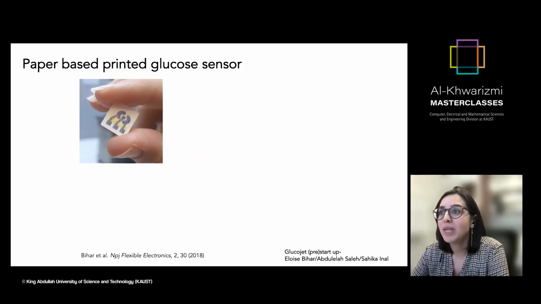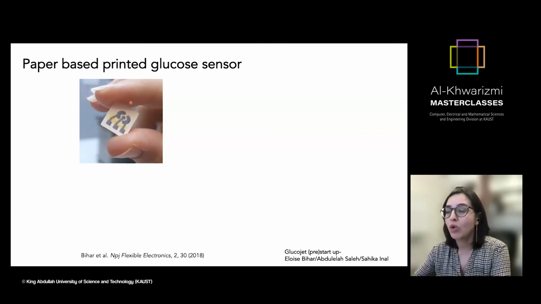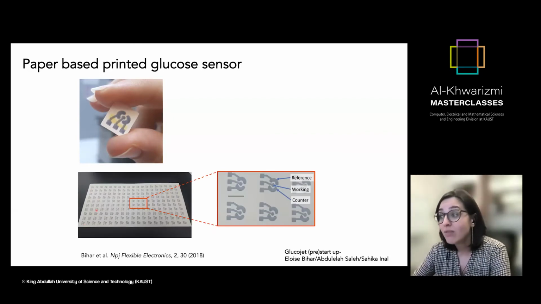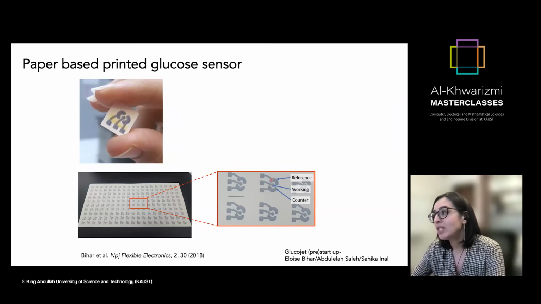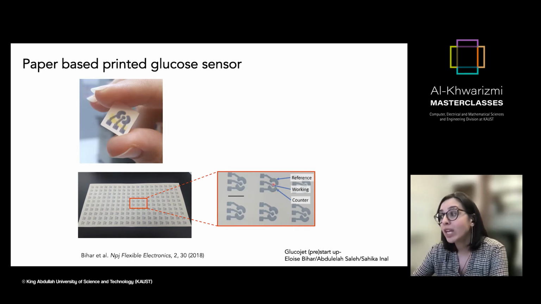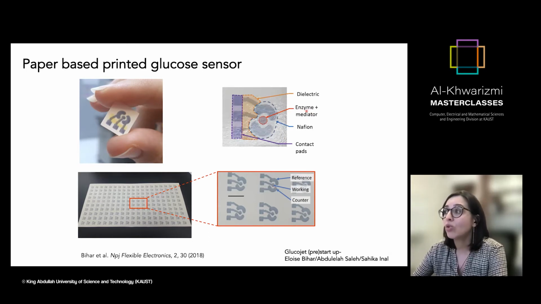And this is literally this PEDOT PSS system that we print on a paper, and you don't need to print it on such a small paper. You can actually do the fabrication on an A4 paper and make multiple electrodes in a very short time. And here I print a reference electrode from PEDOT PSS. I print this counter electrode from PEDOT PSS, and these two you will need when you want to do readouts from this working electrode. And this working electrode is the one that contains the enzyme that I talked about, the glucose oxidase, and the mediator,